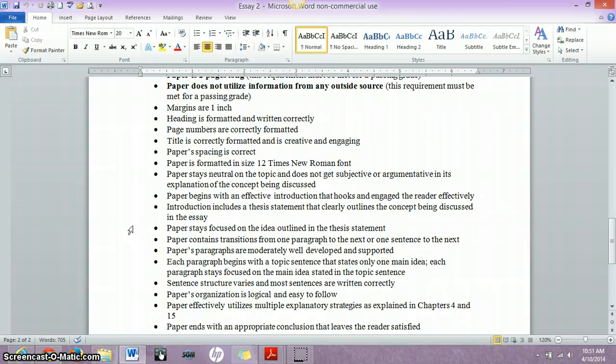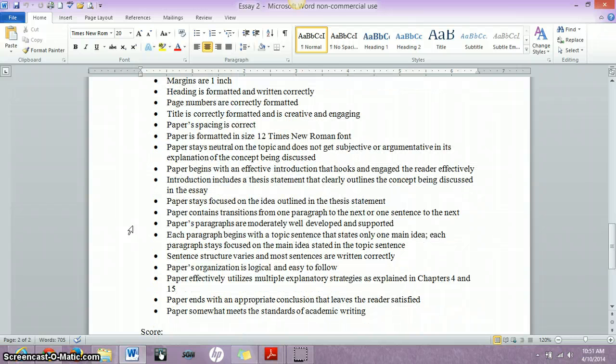Stay focused on that thesis as you move through your paper. Don't deviate from what you've established in your introduction. Use transitions, all of that. Make sure you have a topic sentence for each body paragraph and that each paragraph stays focused and true to that topic sentence. And again, make sure every topic sentence relates back to your thesis statement. That's very, very important. That's how you can see if your paper is focused or not. Look for the first line of your body paragraph. Make sure everything in your body paragraph relates to that topic sentence, which should be the first line. And then again, make sure every topic sentence supports your thesis statement in some way.